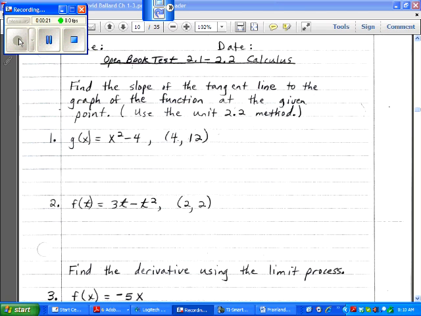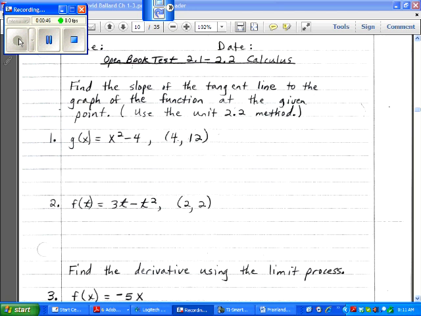We learned how to find the derivative using the difference quotient in Unit 2.1, and then we streamlined how to find derivatives in Unit 2.2, and we'll learn more rules about finding derivatives in 2.3 and on. So we're going to begin going over these problems with number 3 because that's the 2.1 part, and then